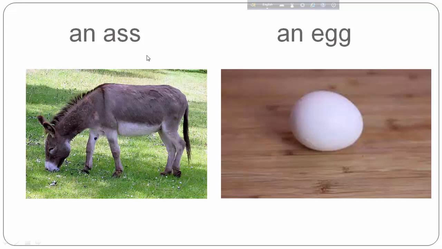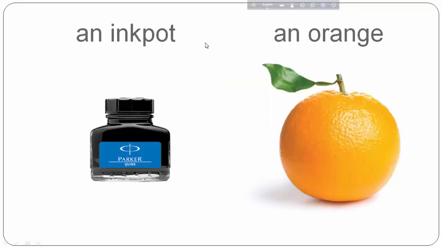An ass, vowel sound A, so we use an. Egg, vowel sound E, so we use article an. Ink pot, the word starts with the vowel sound I, so we use article an.